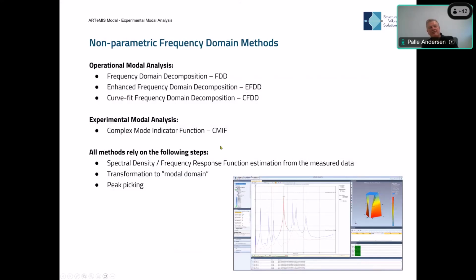There we have what we call the complex mode indicator function. It's called that because we are using the complex mode indicator function to do peak picking. This is the idea of this method, that we simply pick out the peaks we have here, and doing that, we can then obtain the information that we need in order to estimate mode shape, natural frequency,